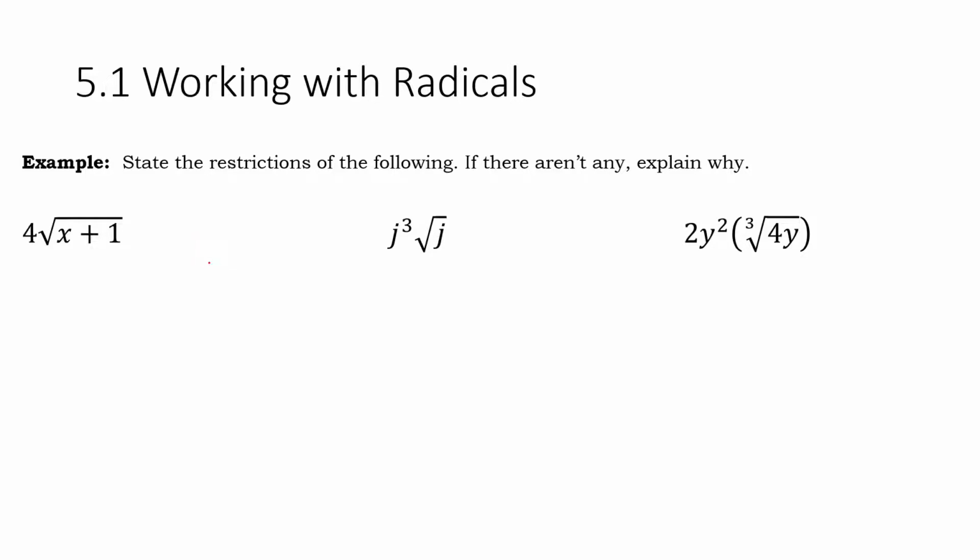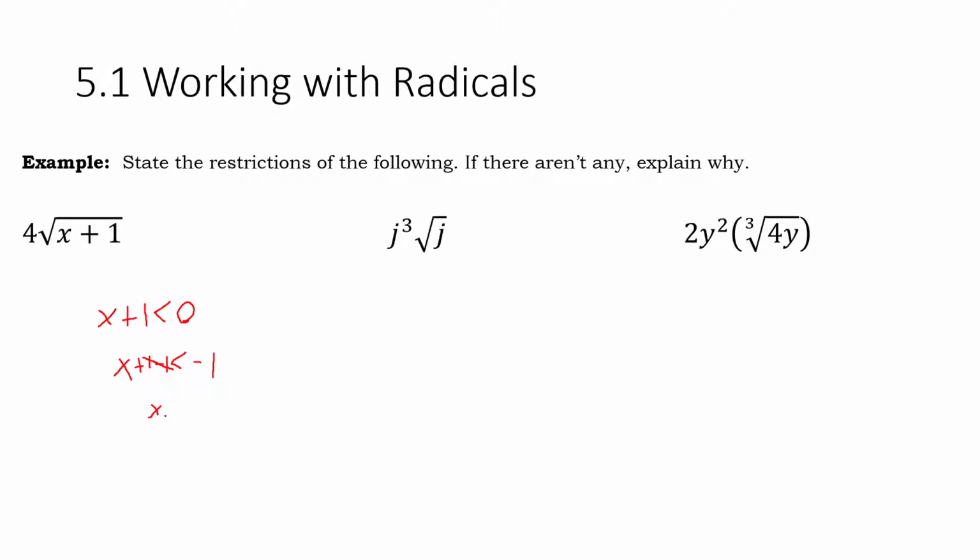So how do we do that? We have a look at the radical, and we are going to find out what would make x plus 1 less than 0. So we're going to manipulate this inequality algebraically. We want to solve for x, and we'll find out what value for x would make x plus 1 less than 0. So bring the 1 over to the other side by subtracting 1 from both sides,